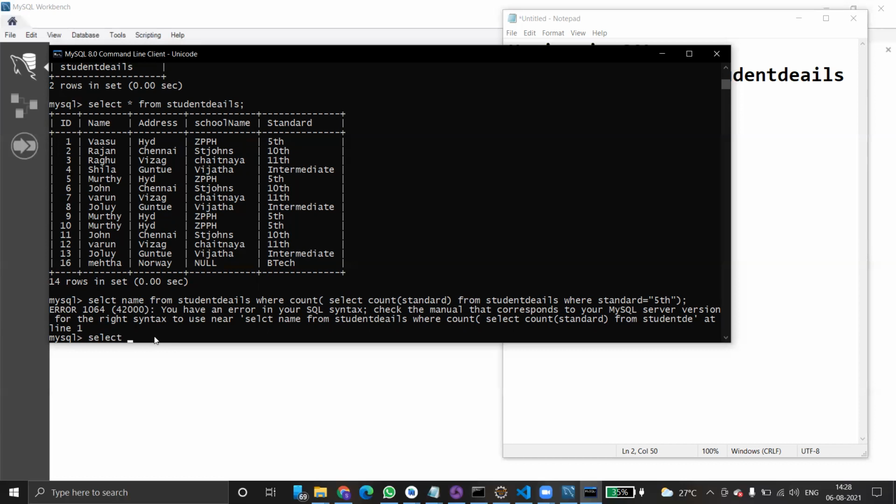Select name from student where standard in select.